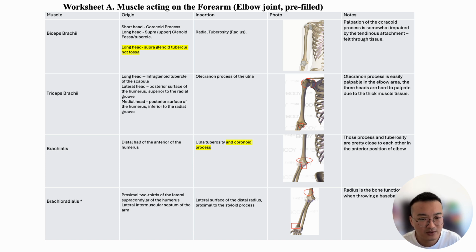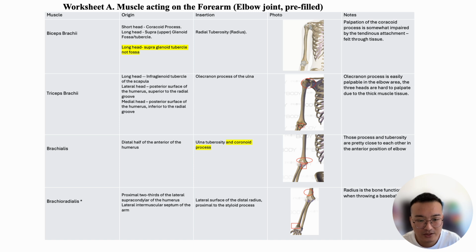The third muscle is brachialis. The origin of it is distal half of the anterior of the humerus, and the insertion is ulnar tuberosity and the coronoid process. Those process and the tuberosity are pretty close to each other in the anterior position of the elbow. The last muscle is